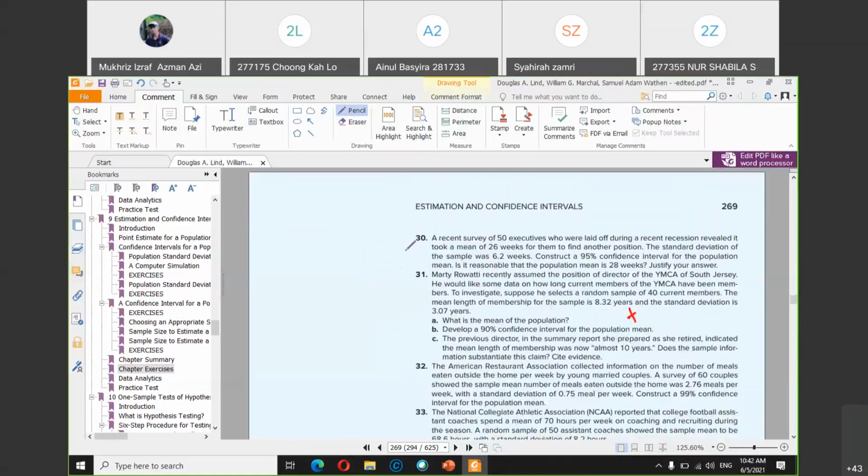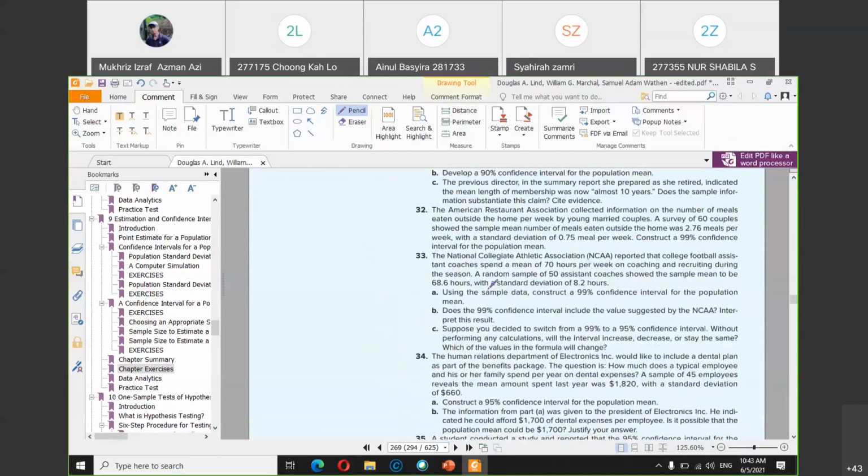question 30. Here is also T. You can see the standard deviation of the sample. Again, this is also the T distribution. So question 30, so 28, 30, and then